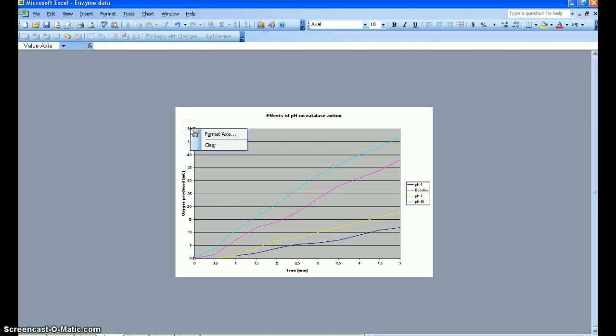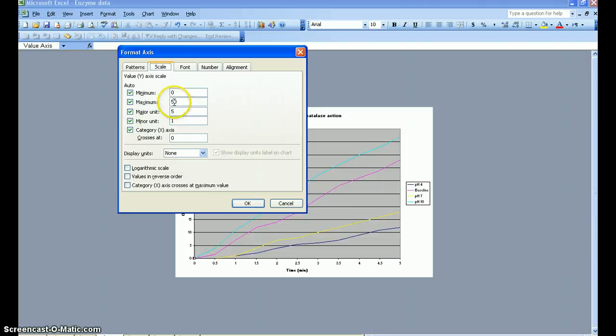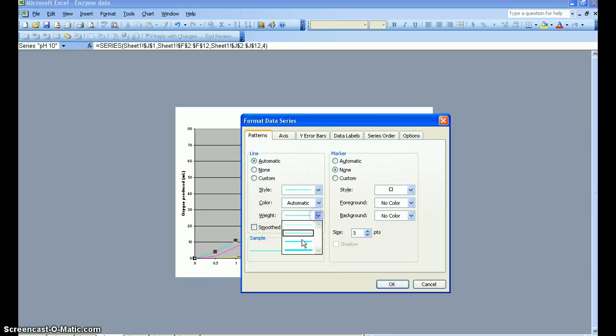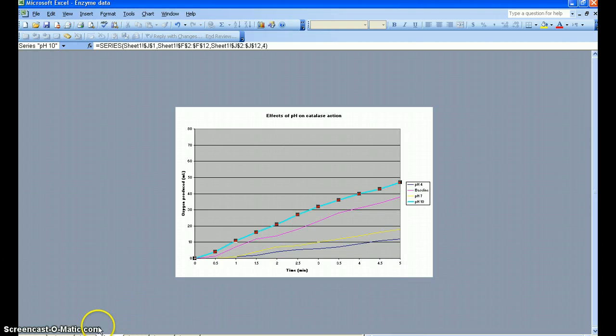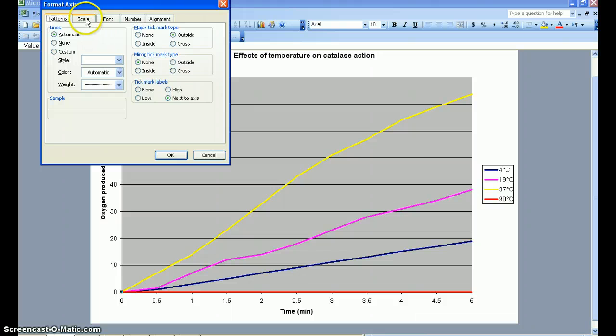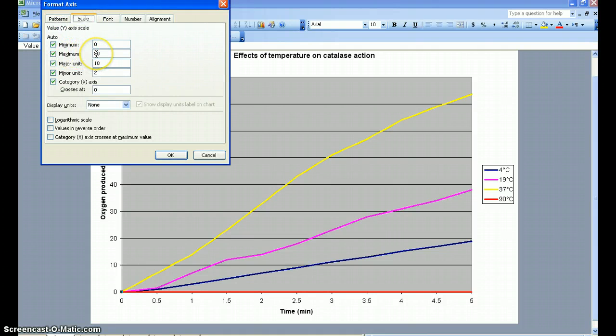So I'm going to right click on this and I'm going to format the axis and I'm going to make the new maximum 80. And now that puts that pH 10 line at a place where I can truly compare it to the 37 degrees centigrade line. So all your axes need to go to a max of 80, and the way you do that is you make the white arrow say value axis, you right click, you format the axis, you go to scale, and you go to maximum and you turn it into 80 and keep the major